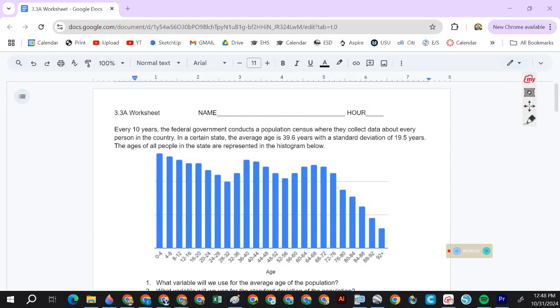In 3.3, we are shifting gears. Previously, we looked at population percentage. What was the variable for population percentage? Pi. And that's when we were asking categorical data, yes-no questions. You know, what is your favorite color? Do you like your parents? That sort of stuff. So now we're moving on to quantitative data, where we're asking a question where the answer